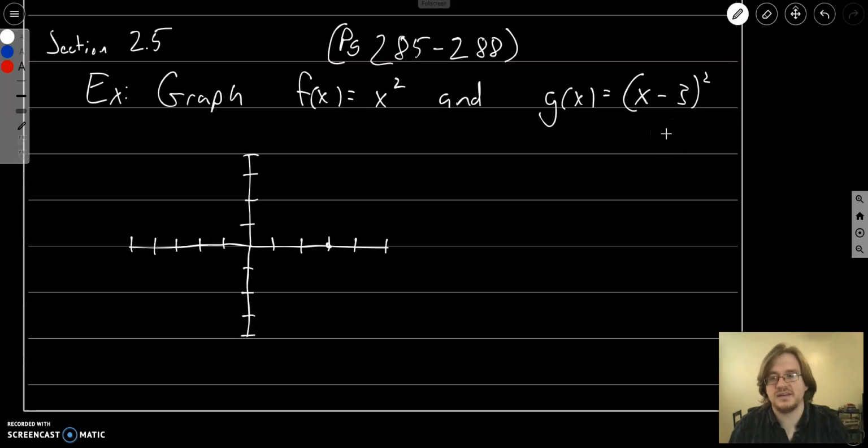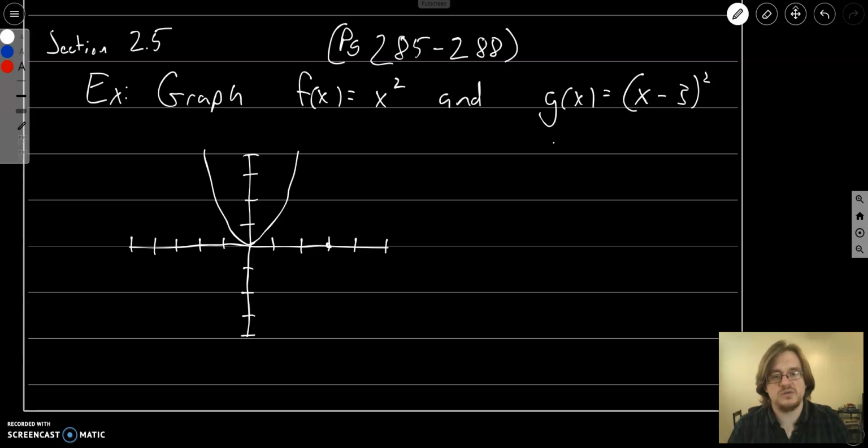Hello and welcome back. In this video we'll continue looking at how to modify graphs and transformations of functions. In this example, let's graph two functions, x squared and (x minus 3) squared. So x squared, this is a parabola, and it will be sort of a U shape, like so. And now we'll graph g of x is equal to (x minus 3)